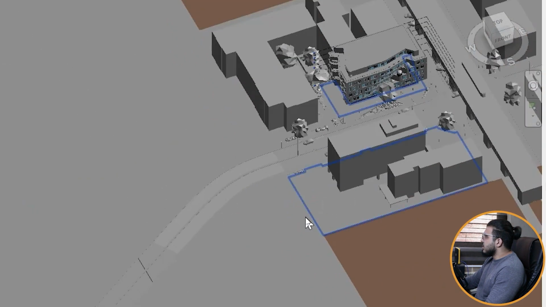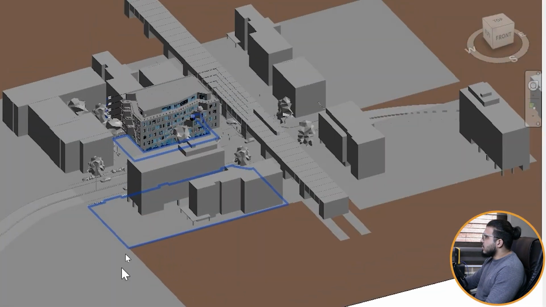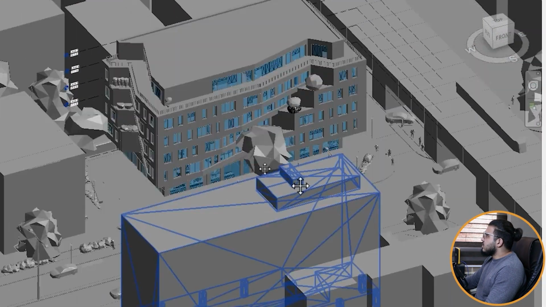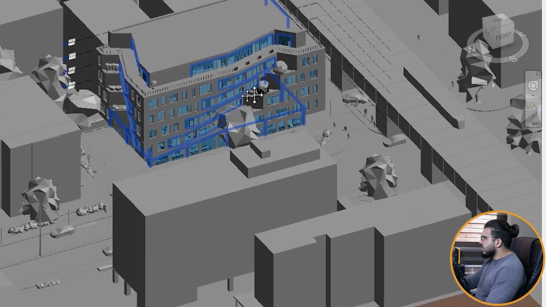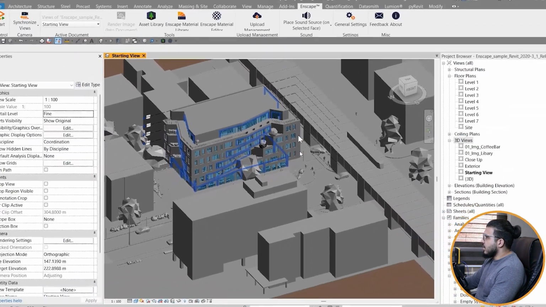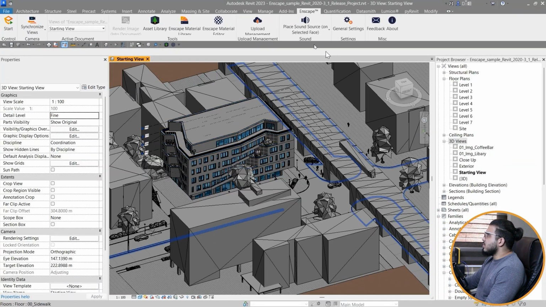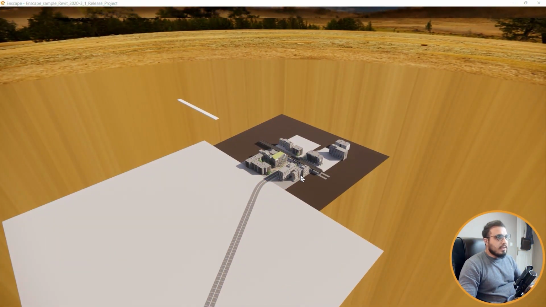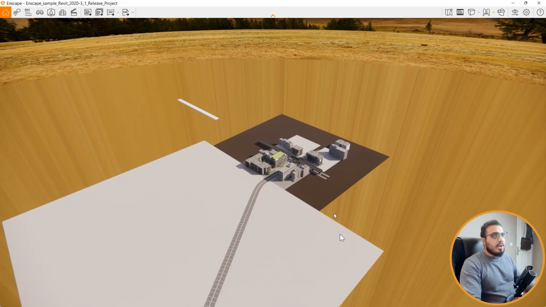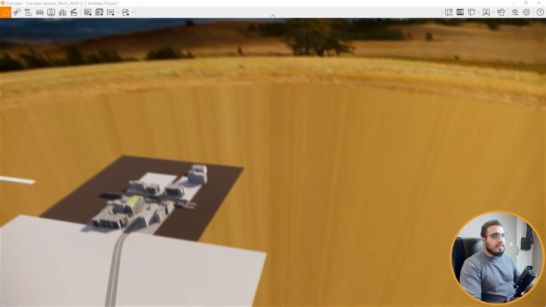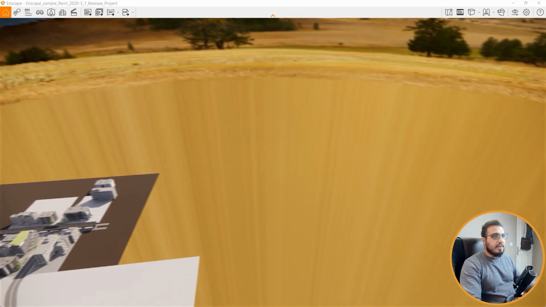This is a project that we are going to use for today. To start your Enscape project or start the Enscape program, you need to go to the Enscape part of your program and then click on start and wait a little bit. This is the first Enscape scene that we have. It's not that great. To navigate in Enscape, you can look around by holding down left click.